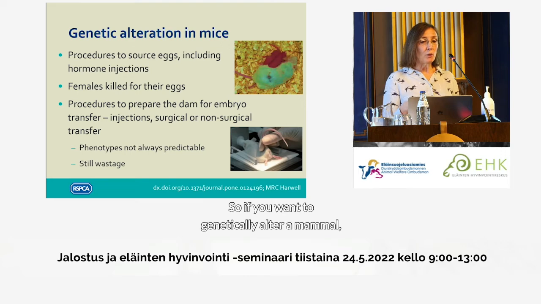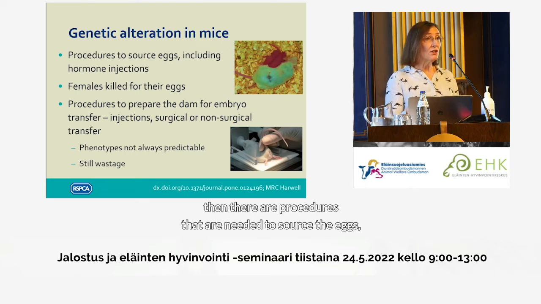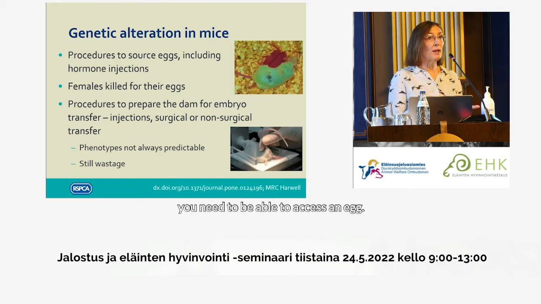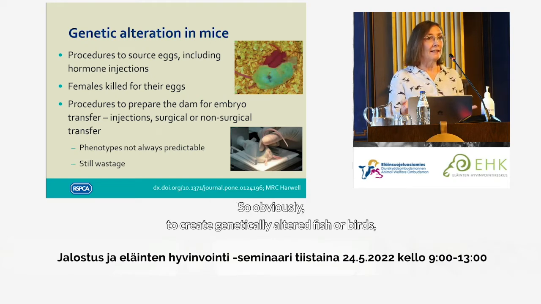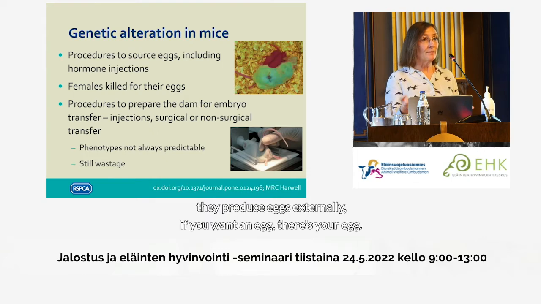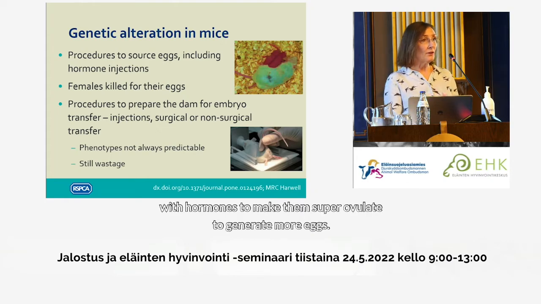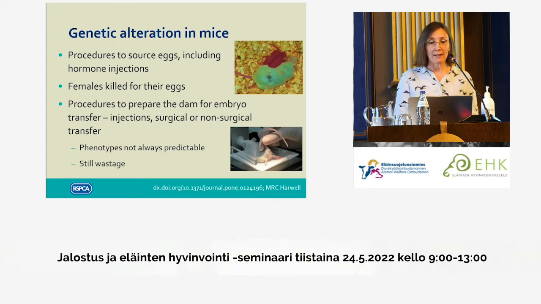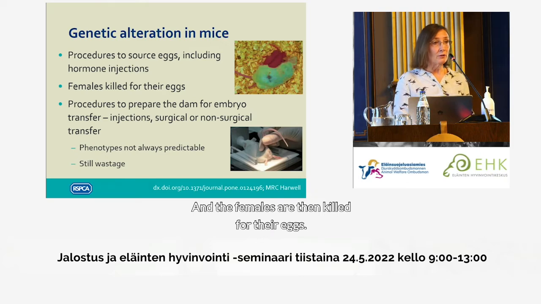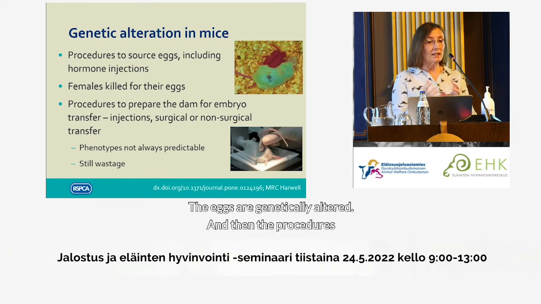So if you want to genetically alter a mammal, then there are procedures that are needed to source the eggs. You need to be able to access an egg. So obviously, to create genetically altered fish or birds, they produce eggs externally. If you want an egg, there's your egg. For mammals, you have to inject female mice, for example, with hormones to make them super ovulate to generate more eggs. And the females are then killed for their eggs. The eggs are genetically altered,